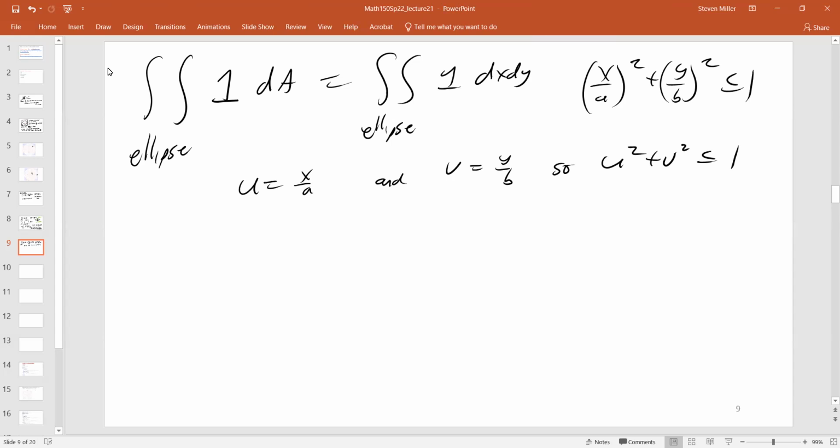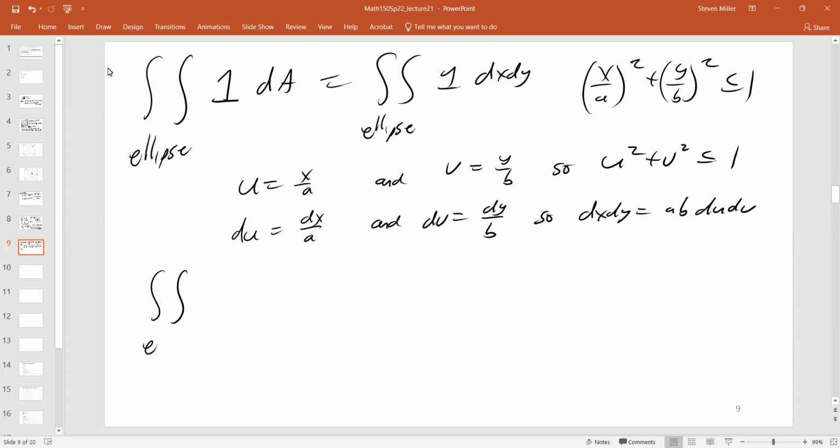What will that be? Filled in circle. And so now I would get du is dx over a and dv is dy over b. So dx dy equals ab du dv. So now the integral over the ellipse of 1 dx dy, when I convert, is the integral over a unit